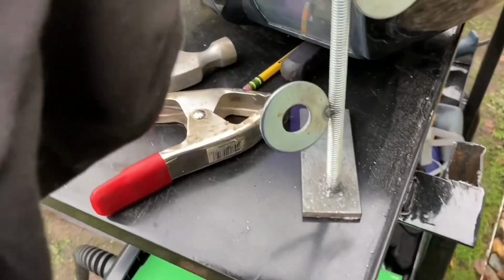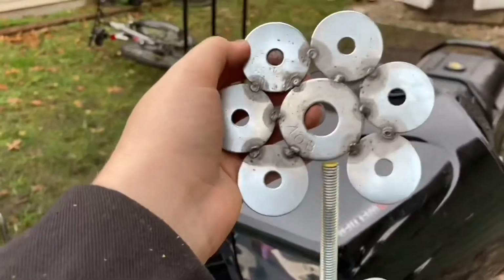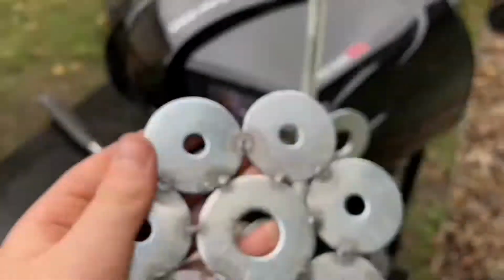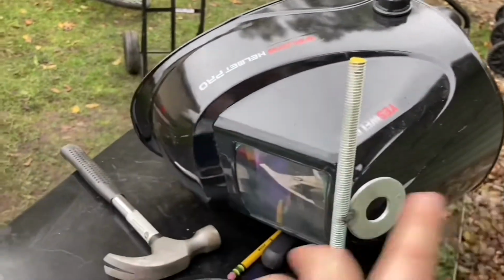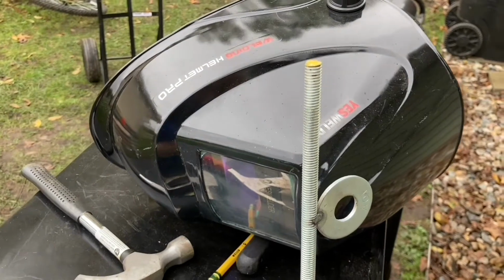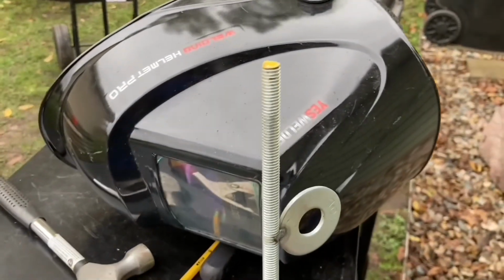is to weld it on right there. So I'm going to just go right into it. I'm going to come back to you guys when I'm done. It's all cleaned. Then I'll also do a time lapse of me spray painting it, and then the final